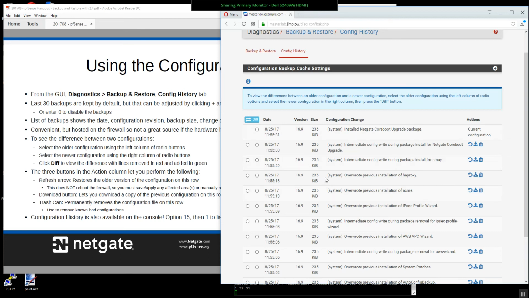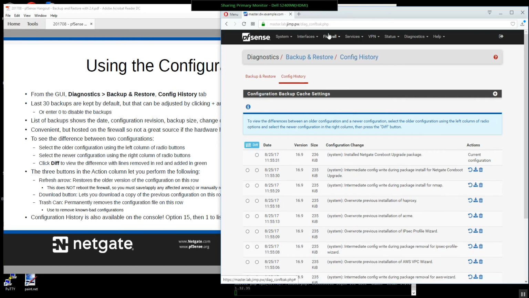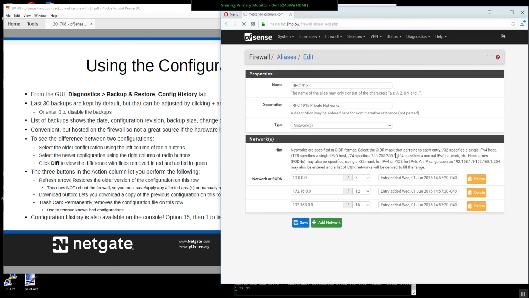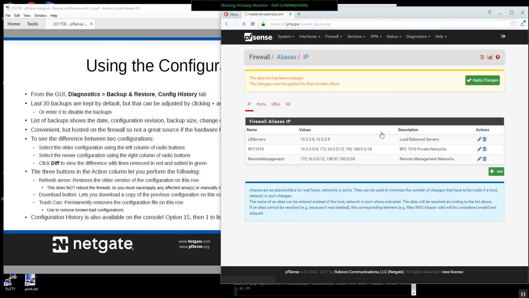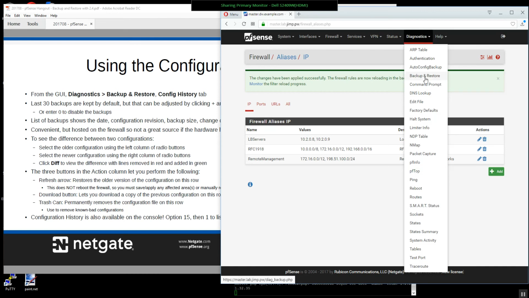You can see the difference between different configurations here. There's not really anything too exciting here. Let me go make a quick change to an alias or something. Let's see, I'll just change that description there. Now if I go back into the configuration history,